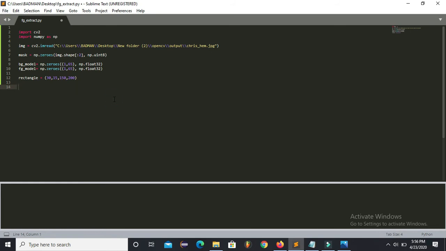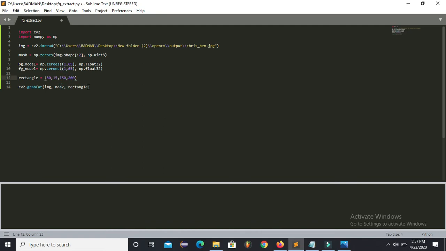Next we will use cv2.grabCut. This function will help us to extract only the specified part of that image. The first argument will be the image which we will be using, the second will be the mask, and the third will be the rectangle whose coordinates we have specified here.